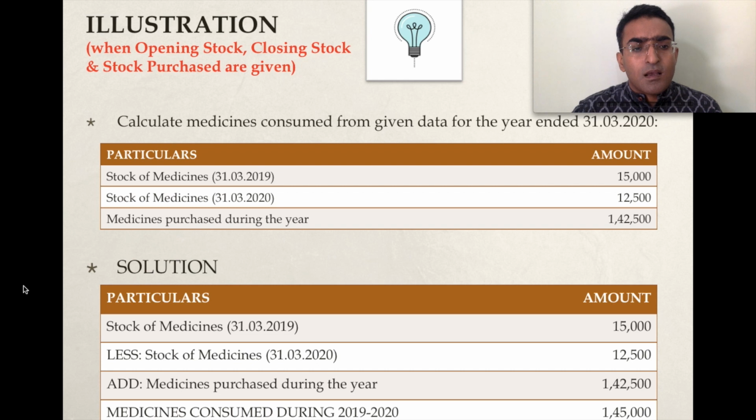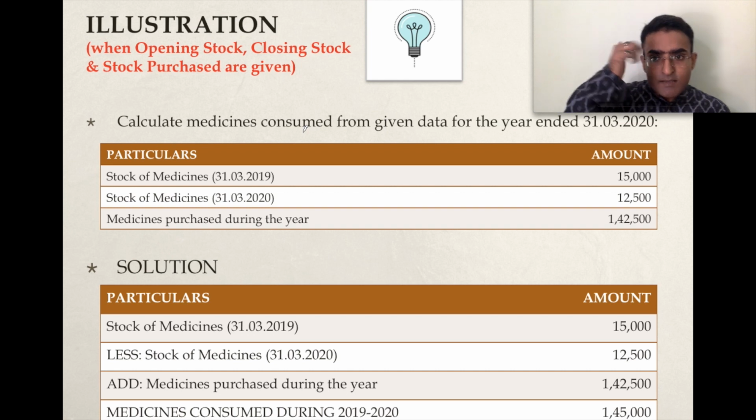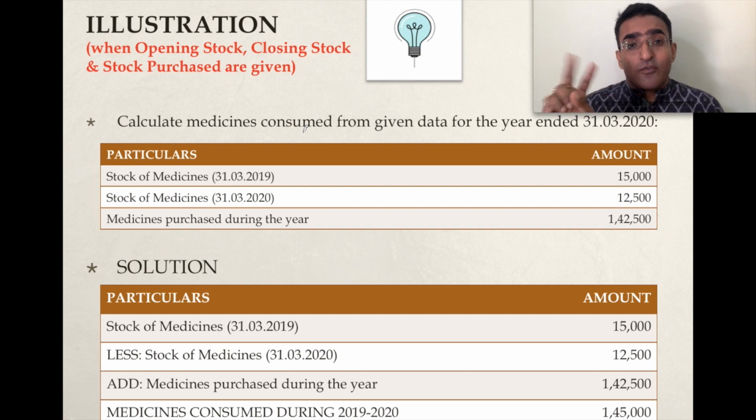Now please see this. Before I start, just tell me one thing. If you have two toffees and your mother gives you 10, how much do you have? Yes, you have 12. And then at the end of the day, you are left with 3. That means how many toffees have you eaten during the day? Now that is 9. And this is the concept on which this particular illustration and the whole concept of